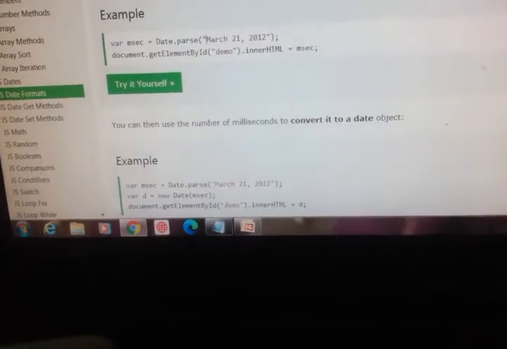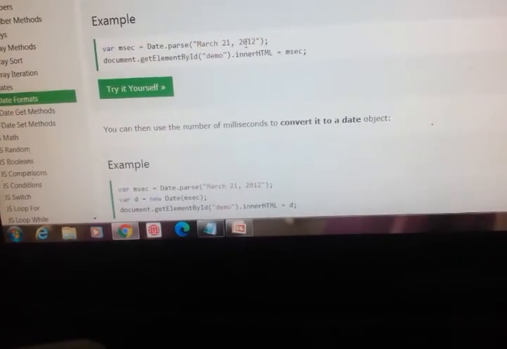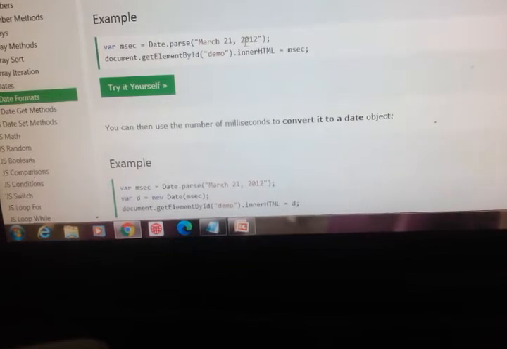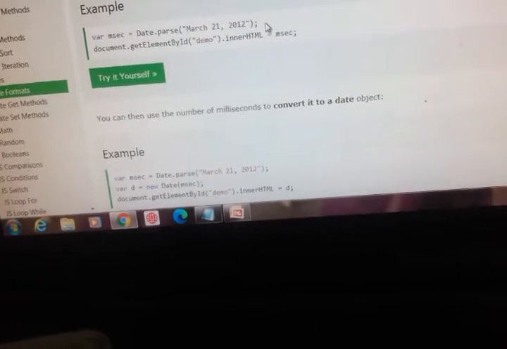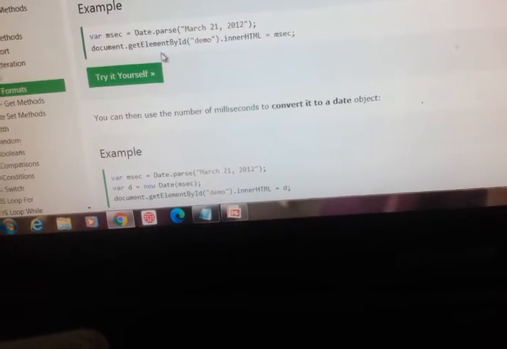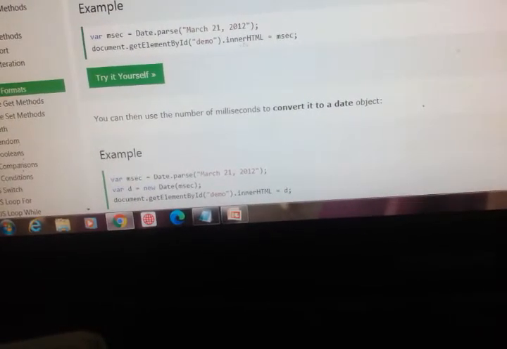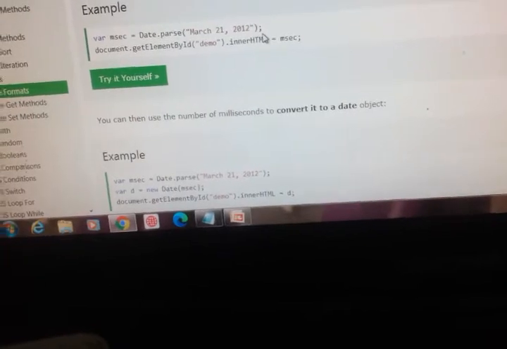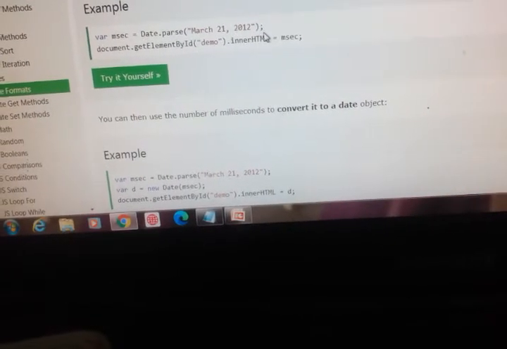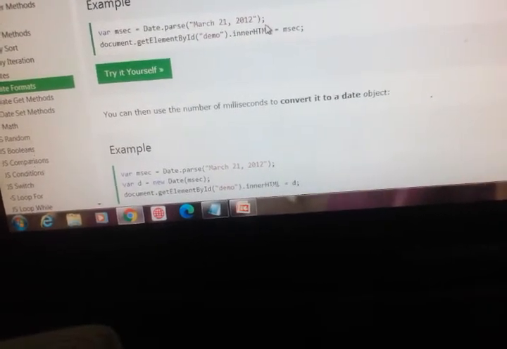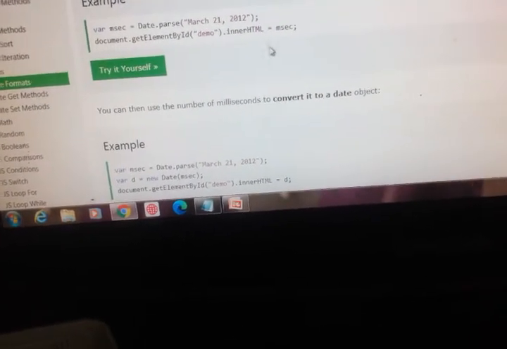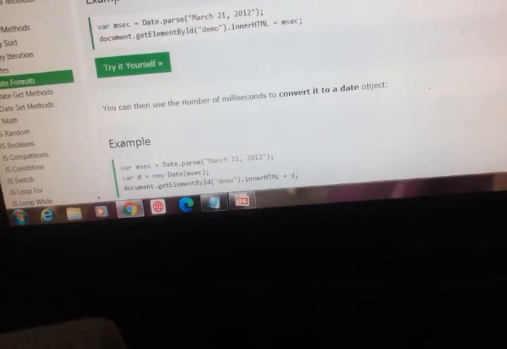We have used the date.parse method, where we have passed the long date, March 21, 2012, within double quotes, then closing parenthesis and semicolon, and that we are printing. Let us see what happens with our simple program.